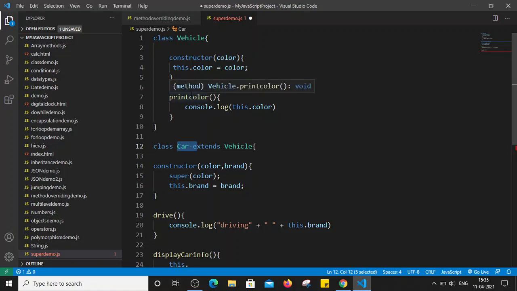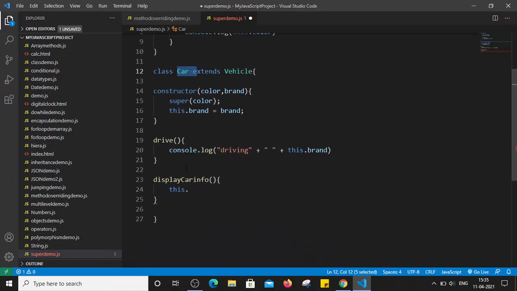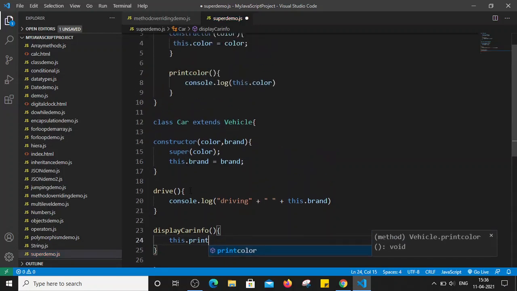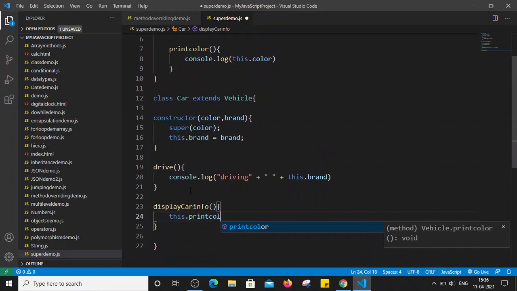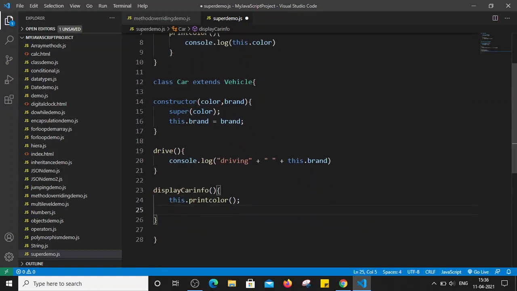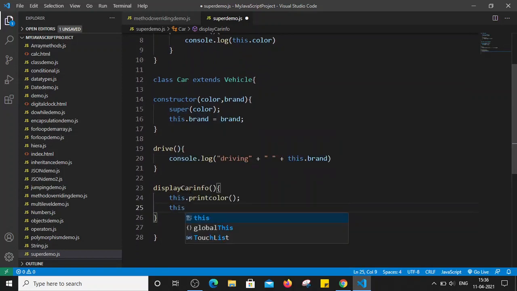So the printColor method is accessible by the Car class as well. So we are just simply going to call this.printColor method, right? And we are also going to call, let's say, this.drive method which we have created in our Car class, right?